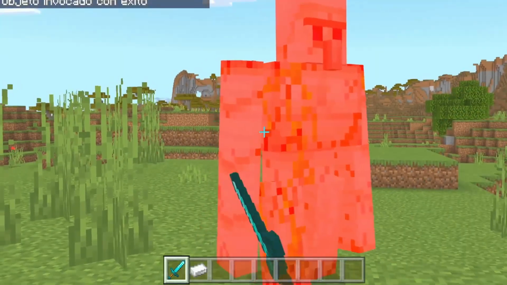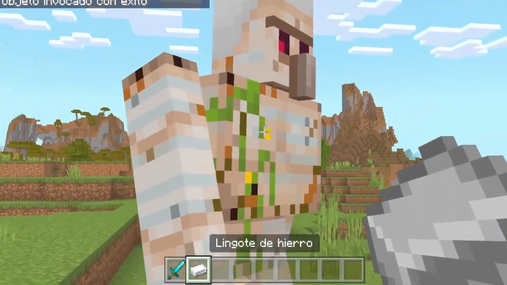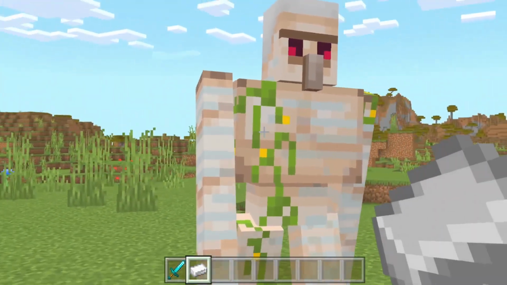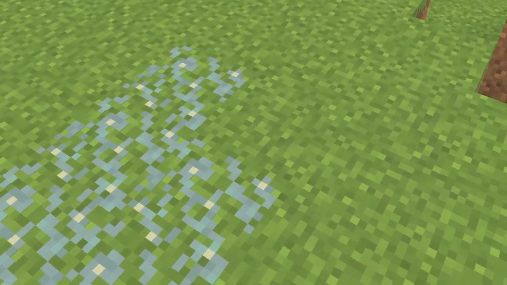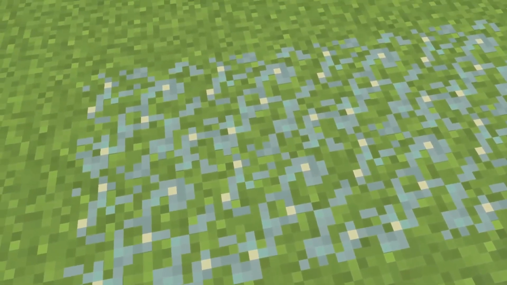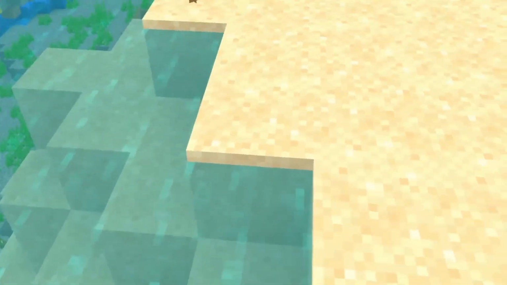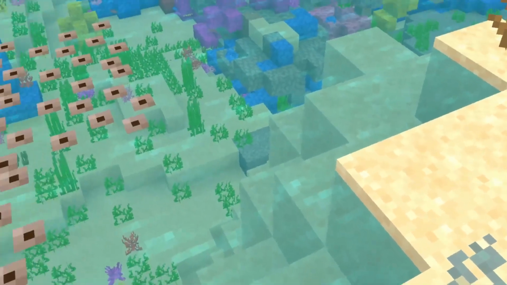Iron golems can now be repaired using iron ingots and right-clicking. This wasn't in Minecraft Bedrock and now we finally have it. The glow lichen now has the same light as in Java Edition. The bug where the lichen could be placed on top of frog eggs